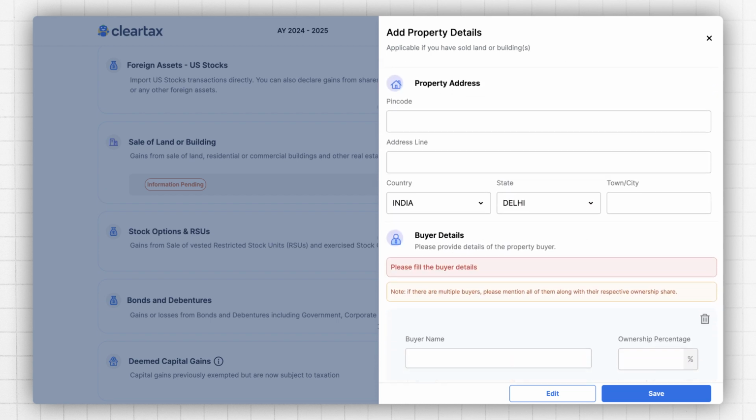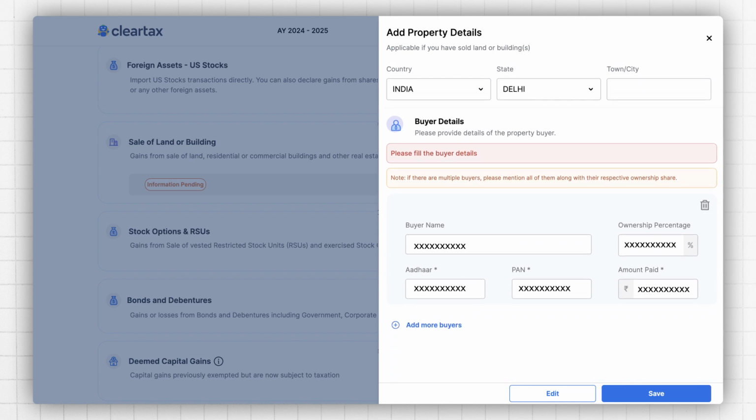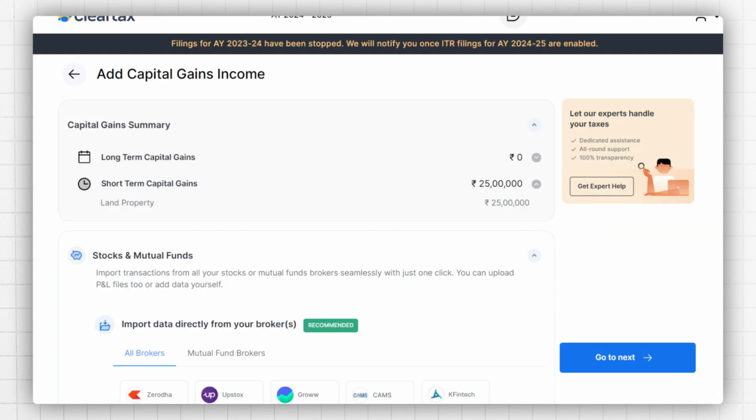After that, you will have to enter the property details including the address and details of the buyer. You would be able to add details of multiple buyers where you have to mention the percentage shareholding along with the amount paid and the Aadhaar details. Post filing all the necessary details, you can simply click on the next and all the declared details would be